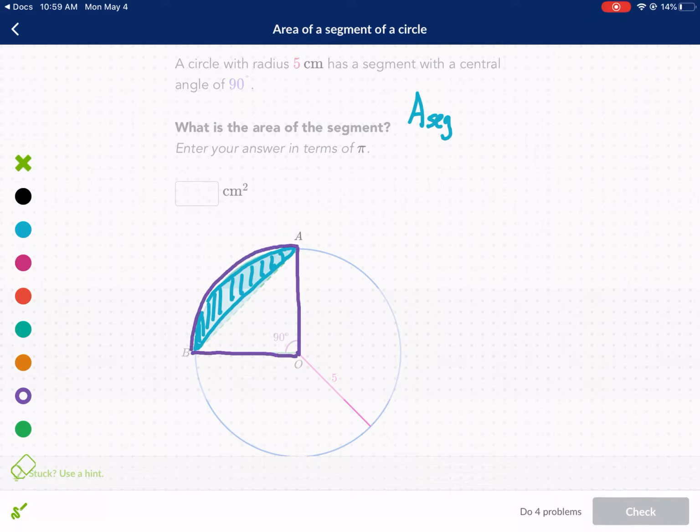So that whole sector, that little purple piece of pizza right there, that little slice of pizza, that is a sector. So a sector is a part of a circle that connects two radii, radius to the center of the circle. So that's the center of the circle. So that's the sector. Okay. So the area of the segment is equal to the area of the sector, and then notice how we have